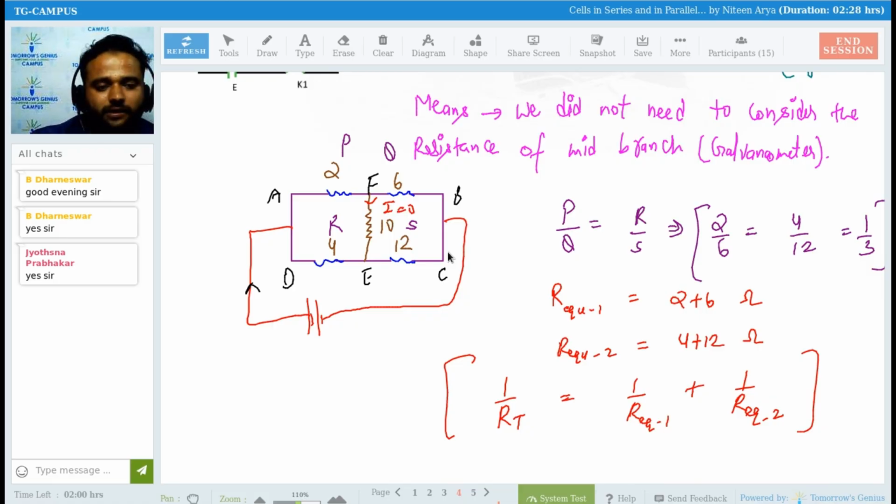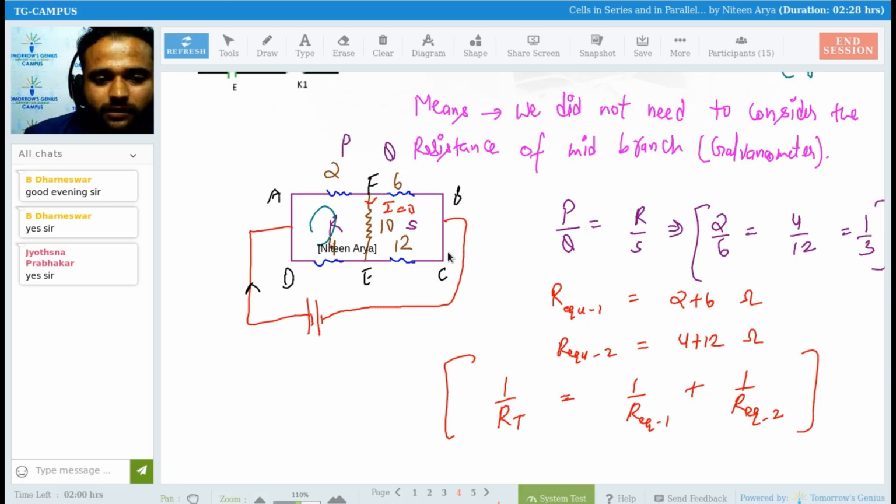First, in KVL, the voltage is taken positive if it rises from low to high, and it is taken negative if the voltage goes from high to low. And the second thing, we need to take care of the sign of this particular